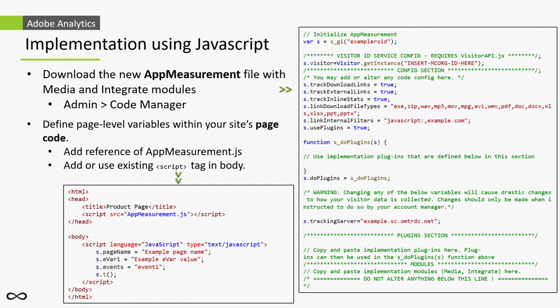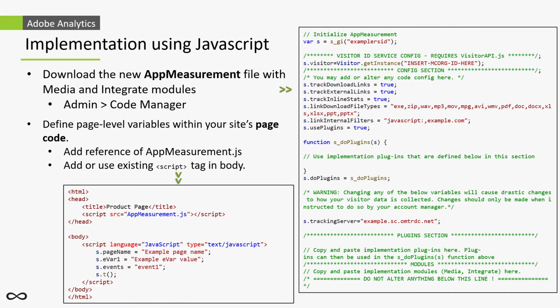Coming back to the JavaScript. Implementation using JavaScript has come a long way. Adobe Analytics has the AppMeasurement JS file, which is the basic file that we need to download from the admin console under the code manager. By all means, it has all the configurations to be set before we start using it. AppMeasurement is nothing but a file written in JavaScript, and we have to make sure that the values within the AppMeasurement